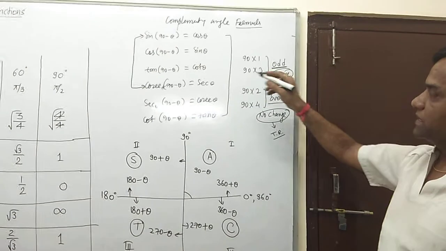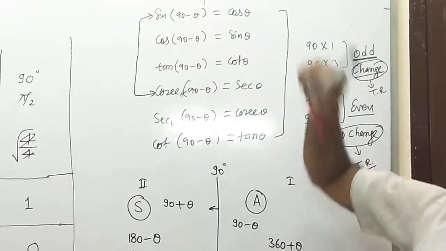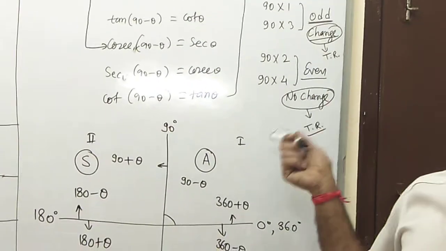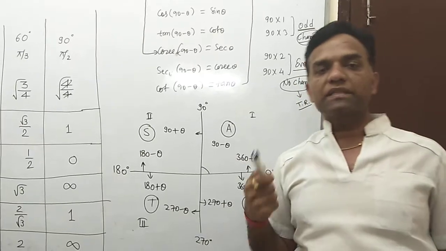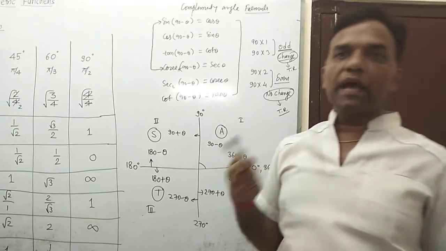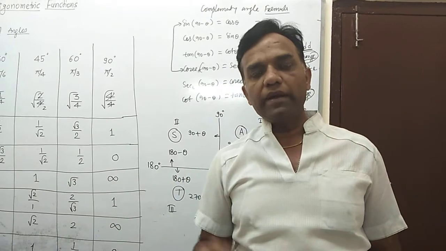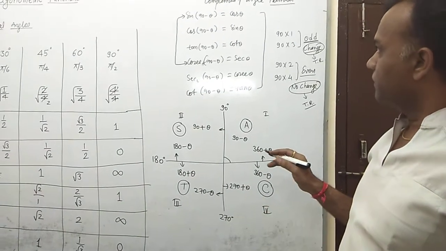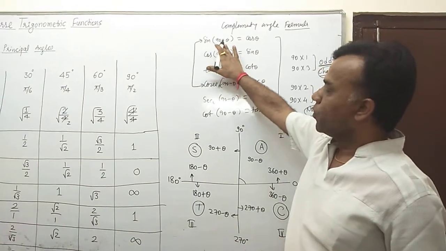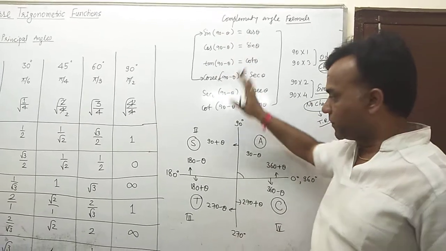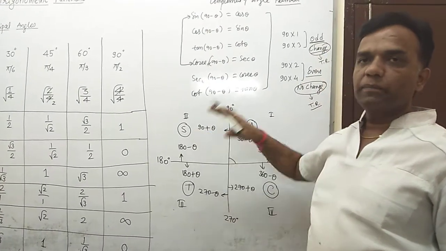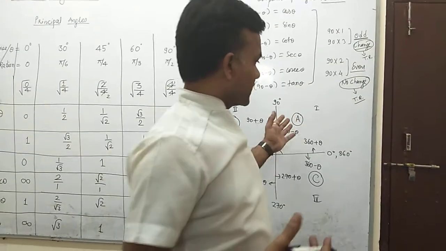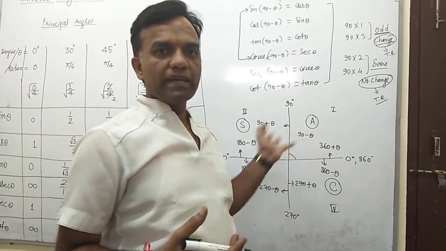Change means the same here. Sin 90 minus theta, you write down cos, because now the trigonometrical ratios are changed. But in the case of even multiples of 90, 90 into 2 is 180, 90 into 4 is 360, so their trigonometrical ratios are not changed. Like you form sin 180 minus theta is again sin theta. But the sign depends on which quadrant they are lying in. The sign is not the concept of the trigonometrical ratio. The sign is the concept of after school then college. You revise in this way.